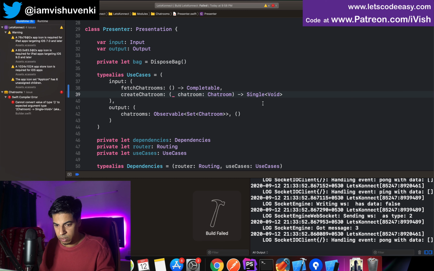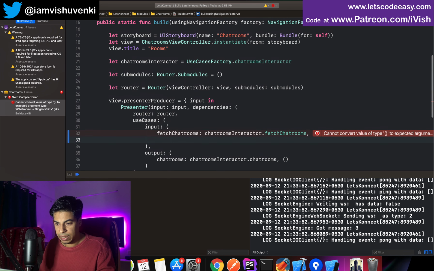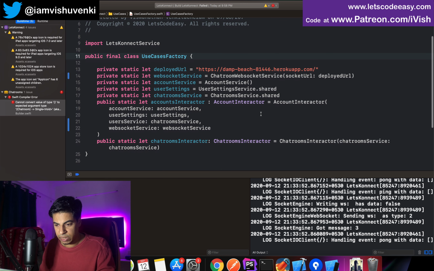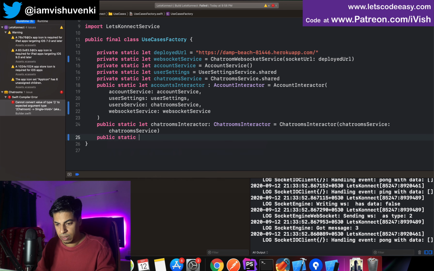That's what we need to be included over here. We don't have the chatroom. Okay, so go to the factory. Let's include the chatroom interactor. We don't have it there yet. Public static let chatroom interactor